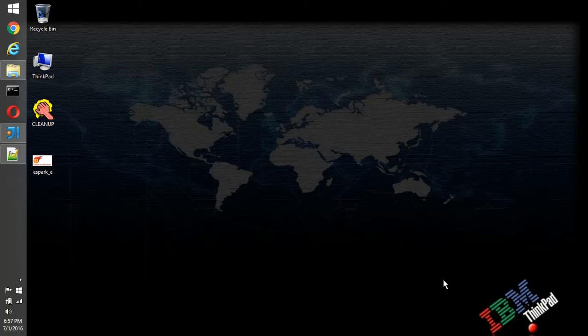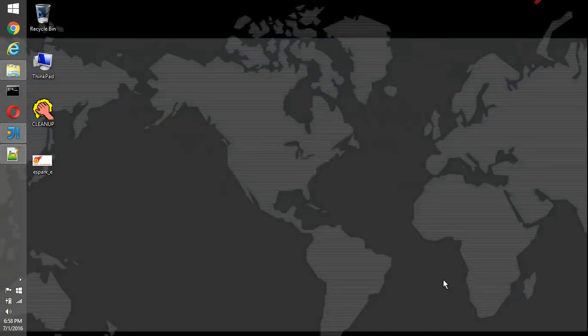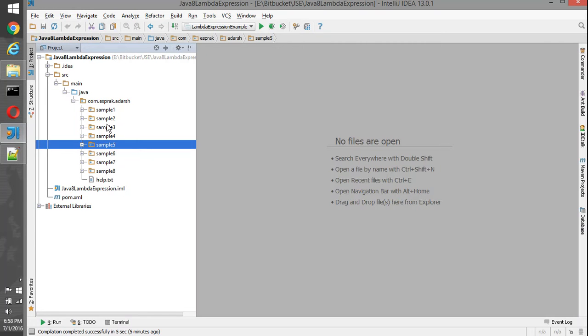In this application, I have an interface. My executor is going to have two different methods which take two different parameters, and both the interfaces, my work and your work, have the same method. So how are we going to write a lambda expression, and how would we do that in JDK 7 or before JDK 8? Let's get into the code and see how it looks.